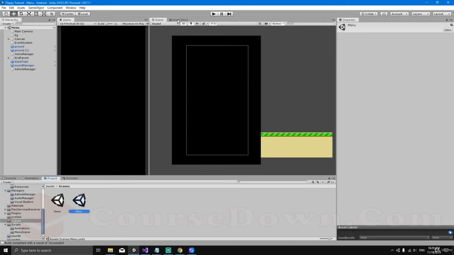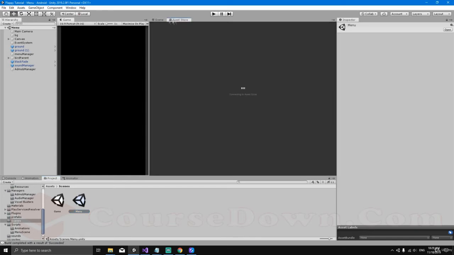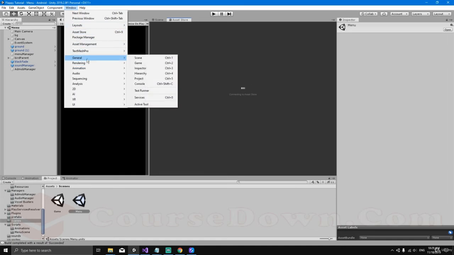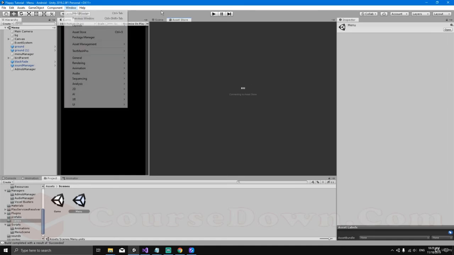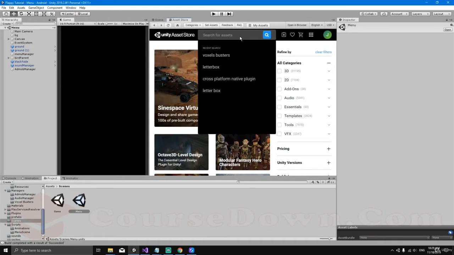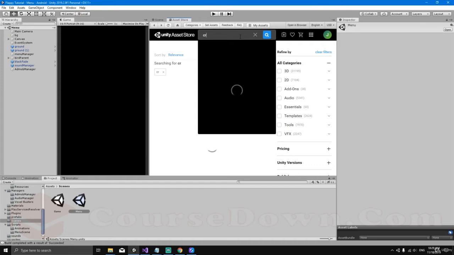So go here next to the scene where it says Asset Store. If you don't see this window, you can go here to Window and select Asset Store over here, and it will open. So now it's opening. Okay, let's search for